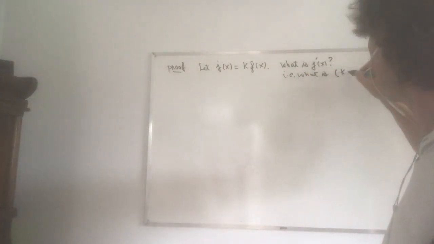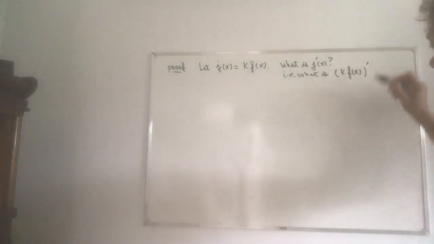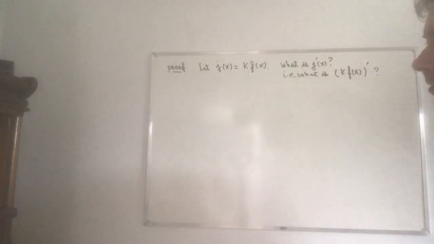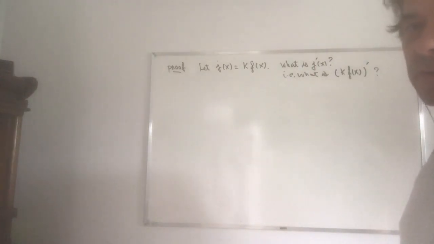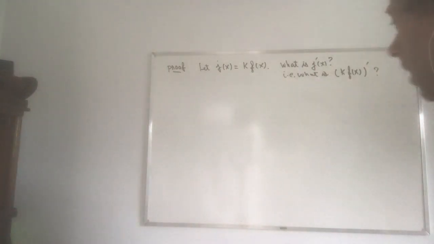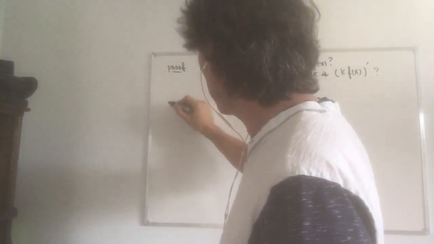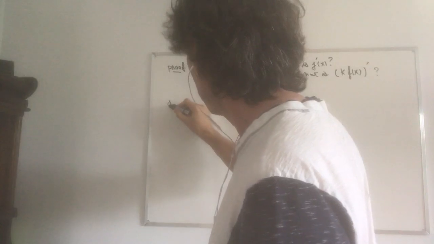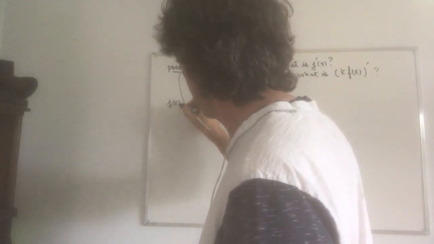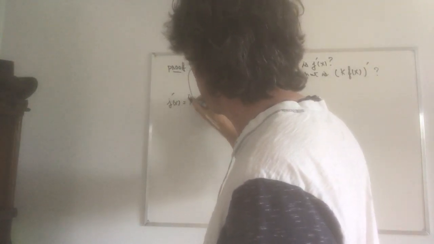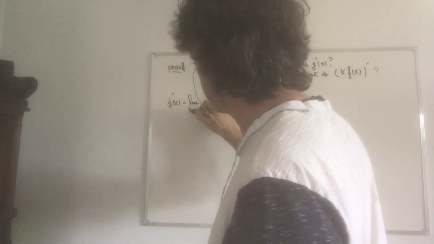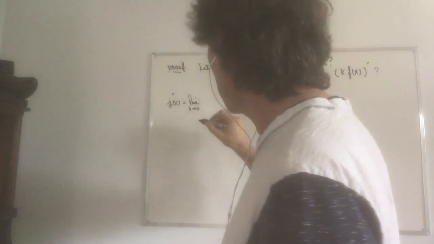So really, I'm asking what is the derivative of k, a constant, times f, a function. When we go to a proof like this, we need to go back to the limit definition. So j prime of x is equal to the limit as h goes to 0 of,